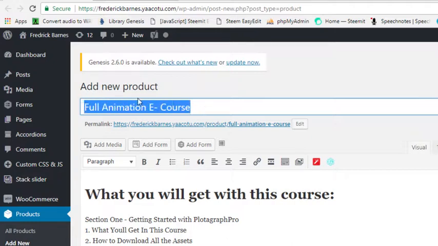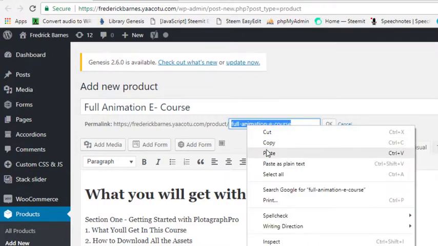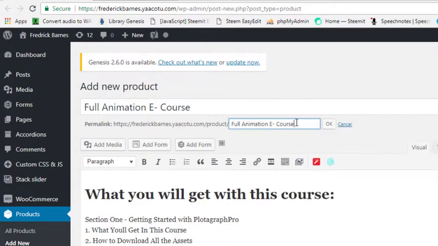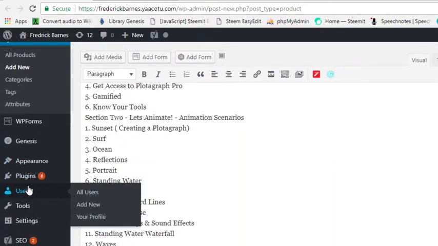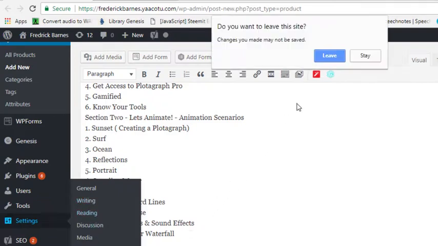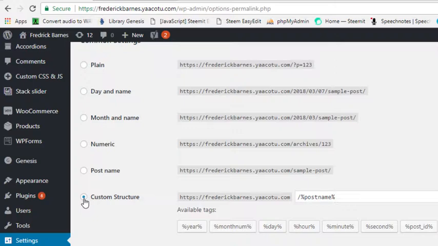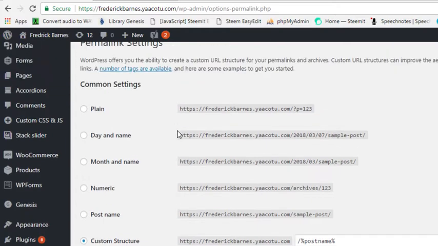Okay, you put in your title. You make sure you copy this title down here into the permalink. Now, if you don't have access to this permalink, you're going to have to go down to where it says settings, and go into the permalink section, which I'll go ahead and leave for a second. And you're going to have to click where it says custom structure. Any of these preset link types that WordPress has, they're not going to work. This is the only option that enables that,